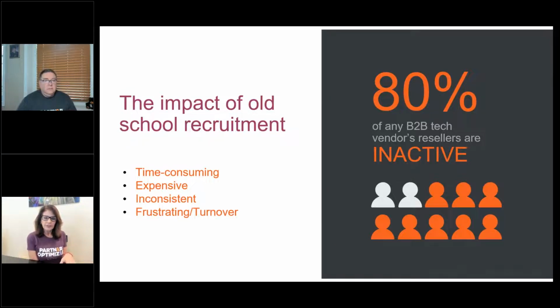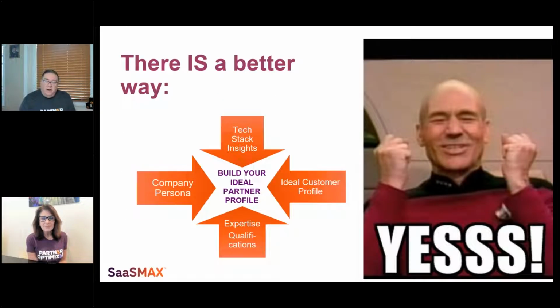If you can focus on quality and building with the right partnerships, you don't have to deal with so much of an inactive partnership base that's going to cause a lot of frustration, wasted time, and wasted resources, capital, and budget. And I'm sure if you've been in the industry for a while, you're going to feel that. Sometimes I even hear from channel teams that it's 90%.